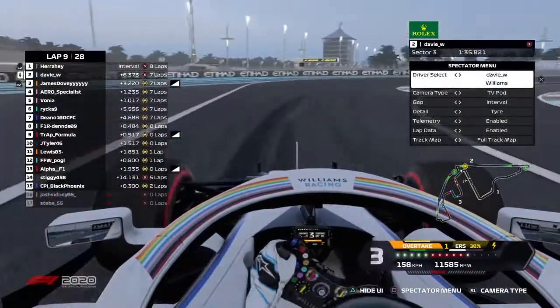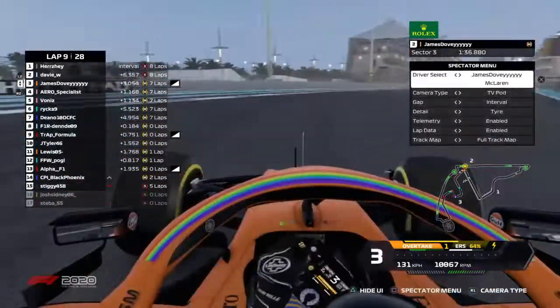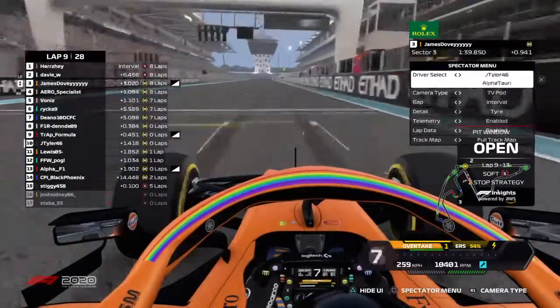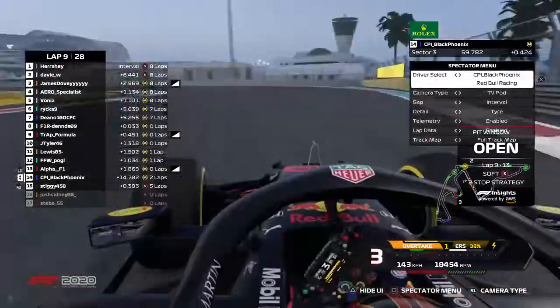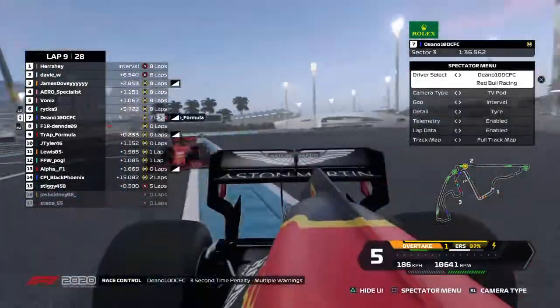But will Davey follow into the pit lane? No, Davey is following Hereze round again. The two drivers there are trying to go for the longer stint. So that's certainly what is going on, but Stiggy and Black Phoenix have just had a little battle, and Dende has got past Dino, but the two are battling as...